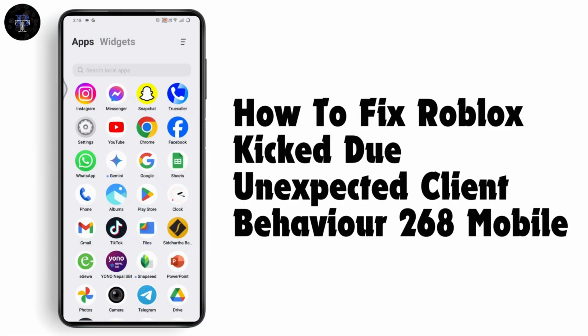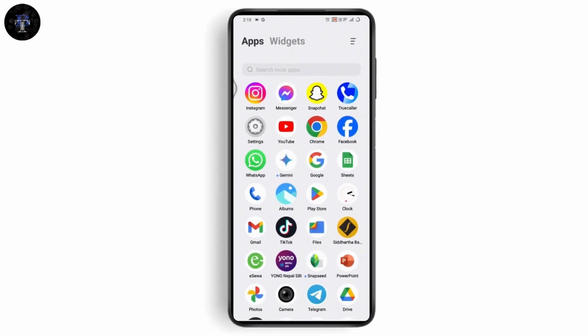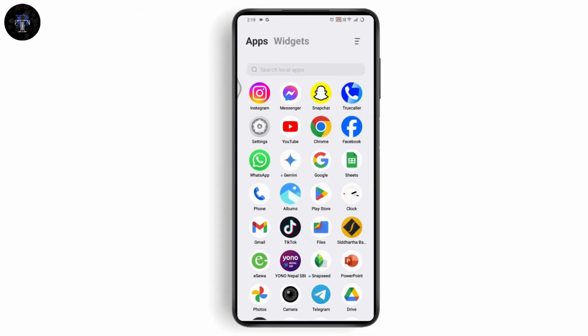How to fix Roblox Kicked Due to Unexpected Client Behaviour 268 on mobile. So if you want to fix Roblox Kicked due to unexpected client behavior, then first check your internet connection, open